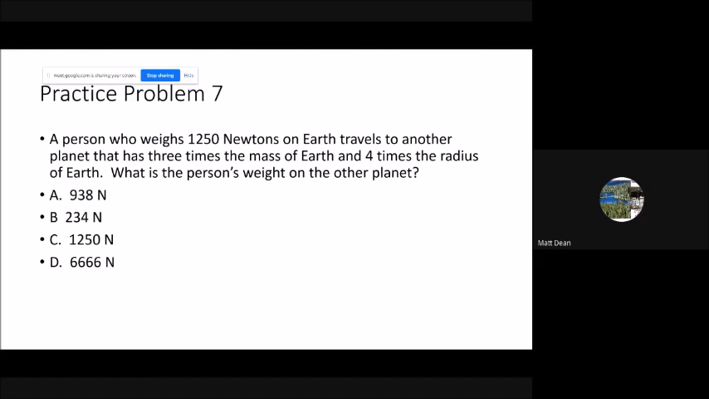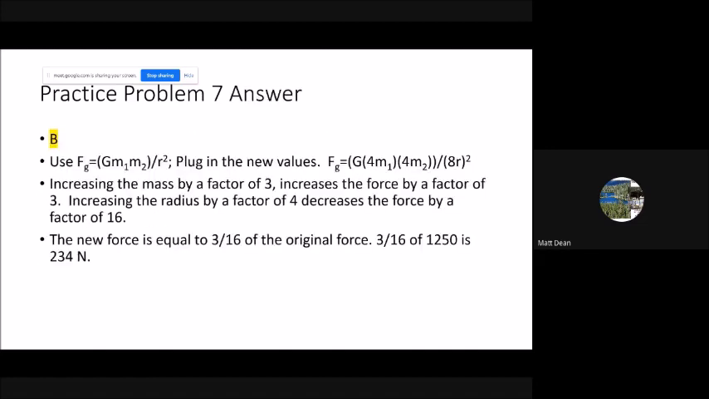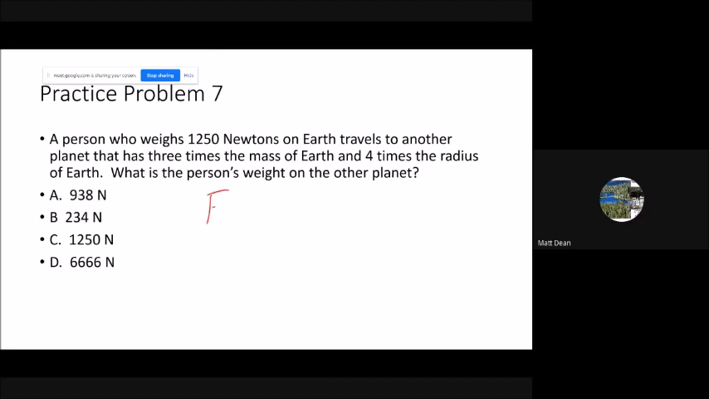All right, so really what you got to think of here is that, well, weight is caused by gravity. And so you just need to take the gravitational equation. Like so. So it says the new planet has 3 times the mass of Earth. So we're going to put a 3 right there in front of mass of the Earth and 4 times the radius. Let's put a 4 right here. Don't forget to square it. So if we simplify that out, we end up with